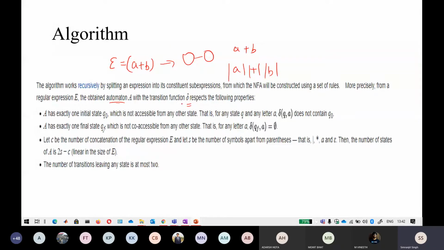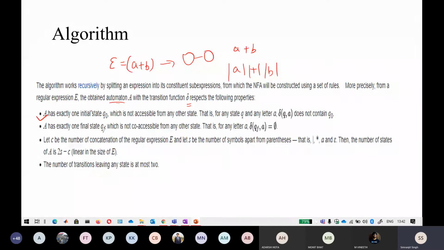These are a little bit confusing properties, keep that in mind. If your regular expression satisfies these properties, only then can you apply the Thompson construction method.